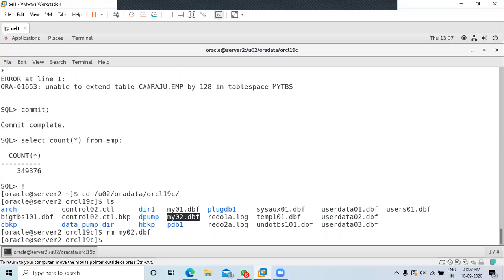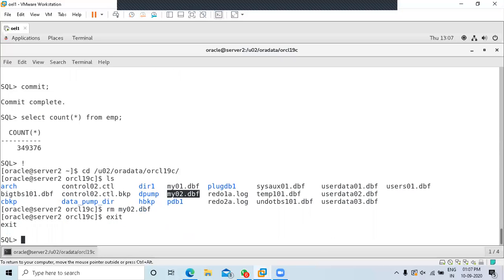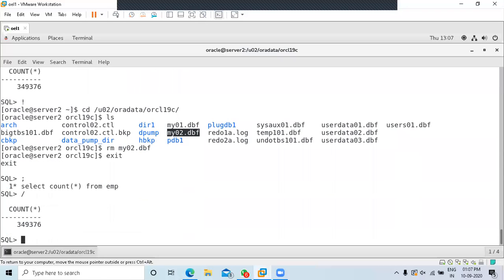Delete this data file from there. Once you have deleted the data file, we will write count star. It will work because data is in the buffer cache, so it will continue to display the data from there.